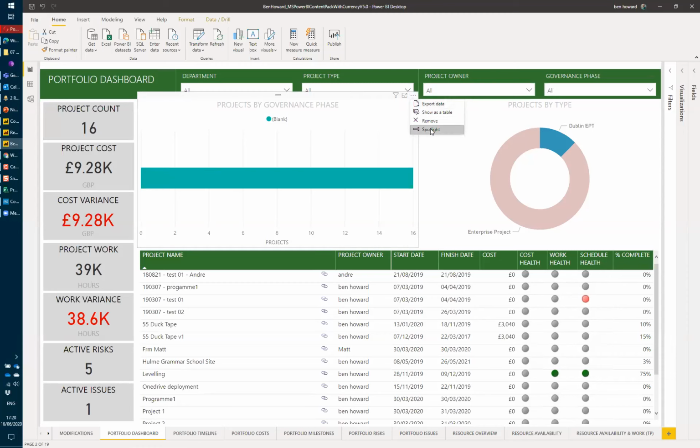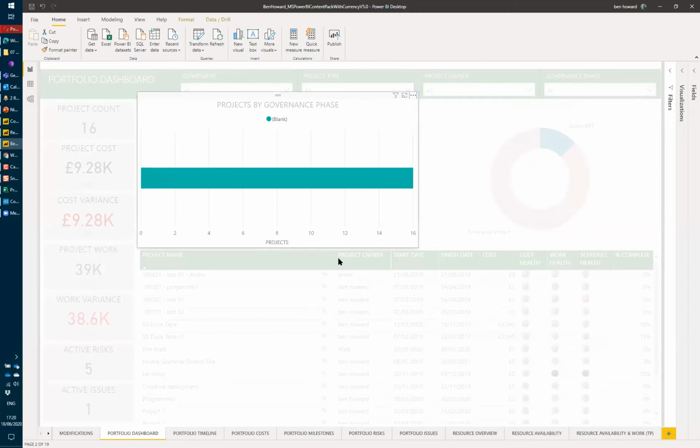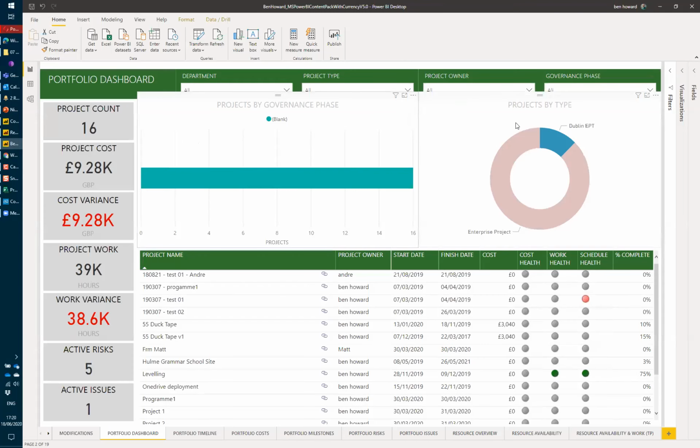Let's just home in on that as a spotlight so we can see it. I don't have any governance phases on this demo system, and so that's blank. But typically, Microsoft call this visualization a bar chart, and on the y-axis we would typically see the governance phases on there. Here we have a